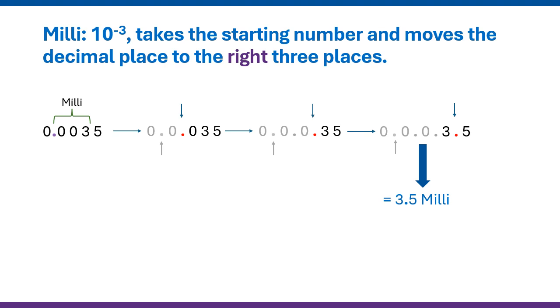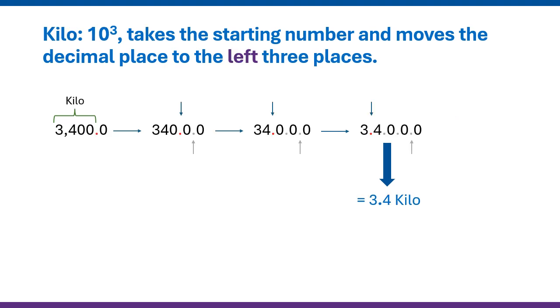So all we're doing with these things is moving decimal places to the right when we're doing with any number less than 1. So in this case, 10 to the minus 3, we're moving over 3 decimal places. 10 to the minus 6, we're moving over 6 decimal places to the right. Now the other side is also true, but we're going to be moving to the left. So if we take kilo, which is 10 to the third, it takes the starting number and moves the decimal place to the left 3 places. So we're going to go right for anything less than 1, and we're going to go left for anything greater than 1. So you can see kilo is dealing with the thousandths place,